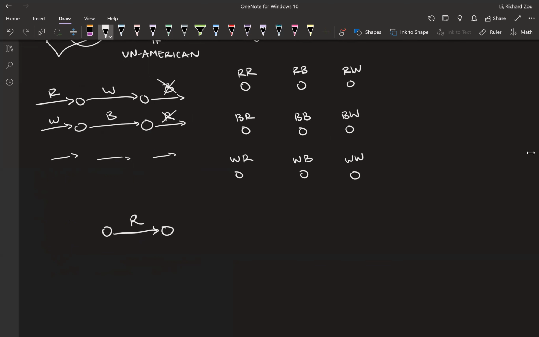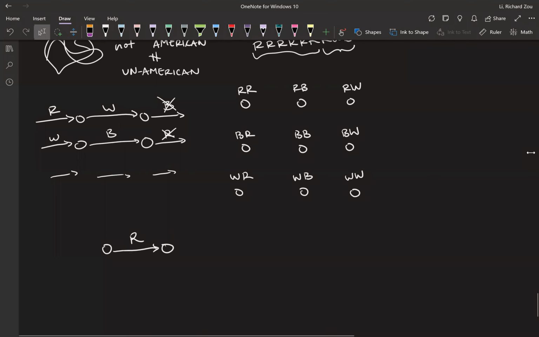Every single time we draw an edge between 2 nodes, say this is a red edge, then we would just update the label. If the last 2 edges traversed here were white, white, then this leads into a white, red node. Actually, no, we can't say it's blue, white because that would follow the pattern. And we would just draw all of the edges in the exact same way as we did before,